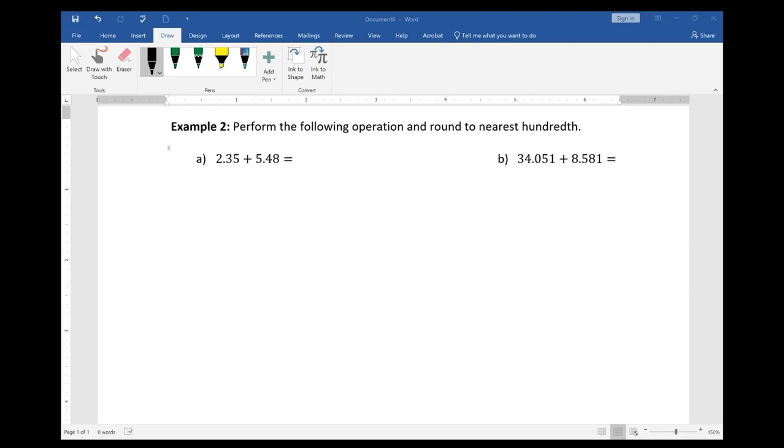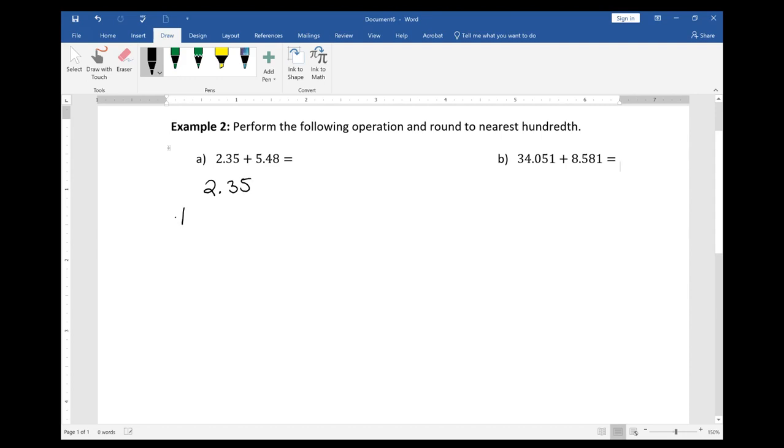Example 2. Perform the following operation and round to the nearest hundredth. Part A, 2.35 plus 5.48. So we'll go ahead and add these two numbers together. And once we're done, we're going to round to the nearest hundredth. So we have